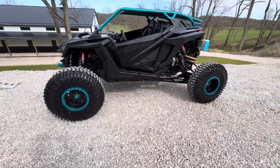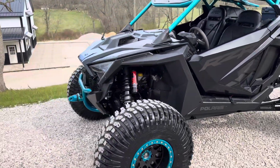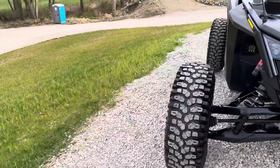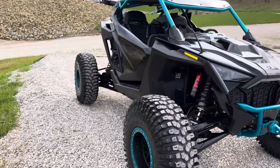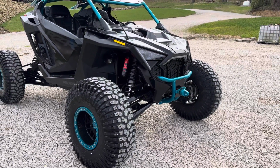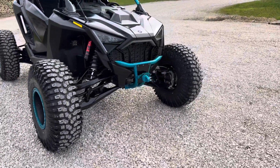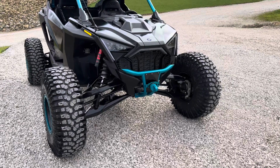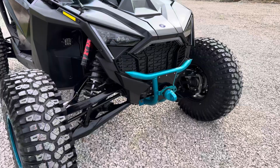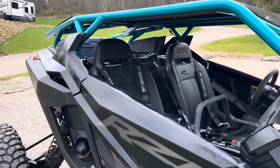Northeast Power Sports hooked it up, got me a set of 35x10x15 Rockzilla stickies on KMC Grenades, I believe. Colin also got me set up with a nice front winch bumper. I got a Warn, was it a Warn or a Super ATV? I can't remember. 6,000 pound winch. Nice little bullhorn front bumper. Some PRP